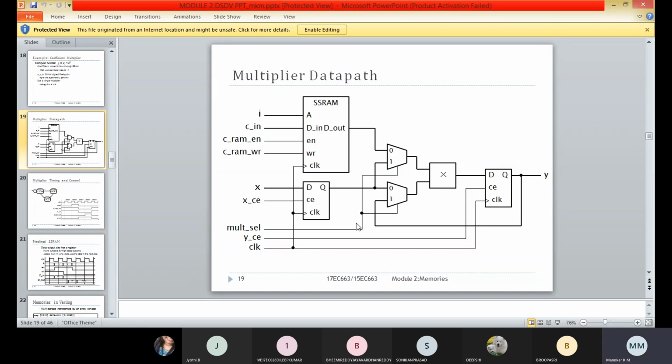And in the second clock cycle, the SSRAM performs a read operation.